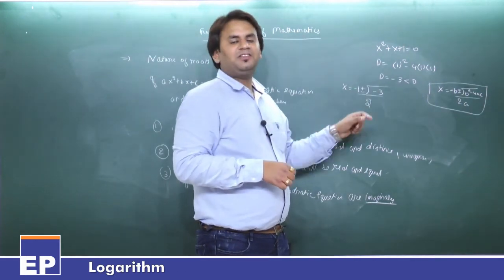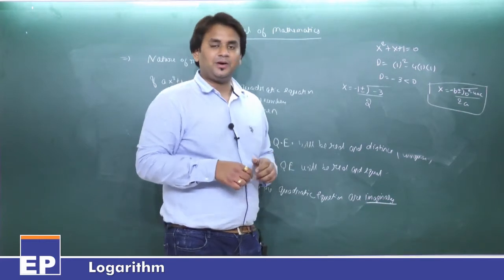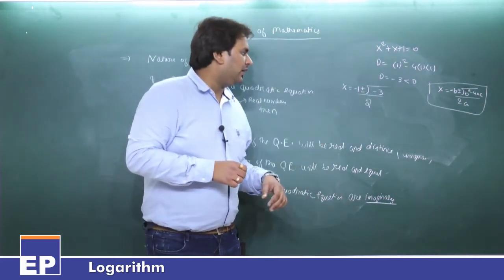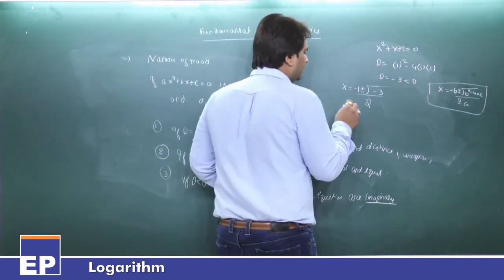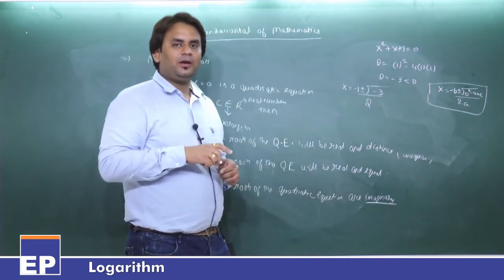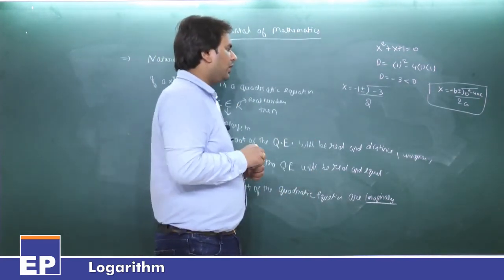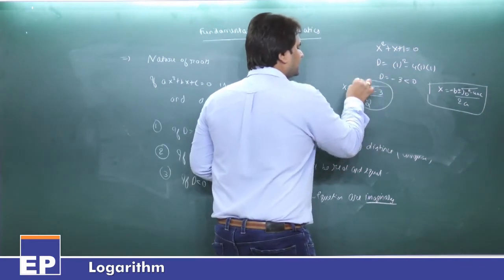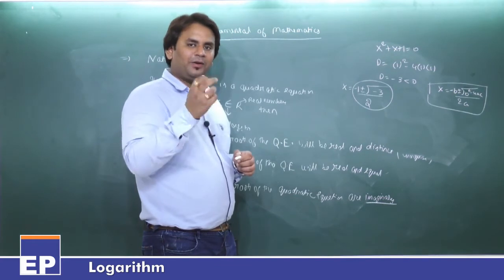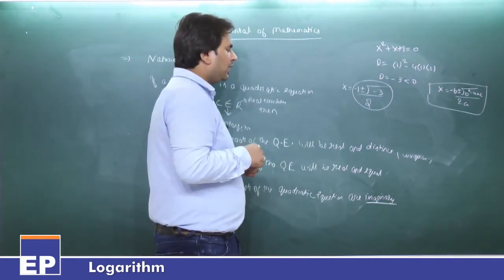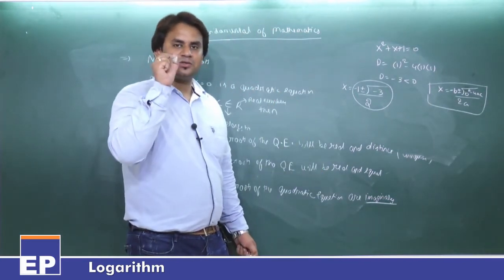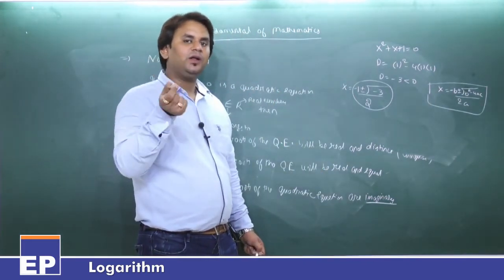Here a negative is coming out in the under root. What will happen? Let's see. In real numbers, a negative is not possible in under root. This is which type of root? This is an imaginary type of root. A chapter is based on these imaginary roots, that is complex numbers, which I will let you know later. But remember, if a negative comes out inside the under root, then it is not a real number. It is an imaginary number.